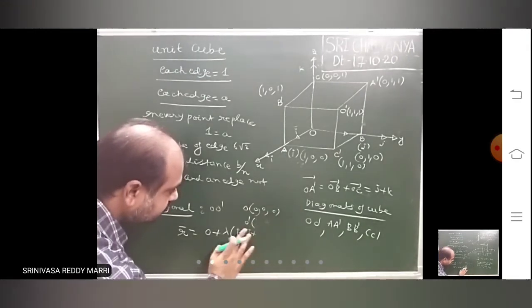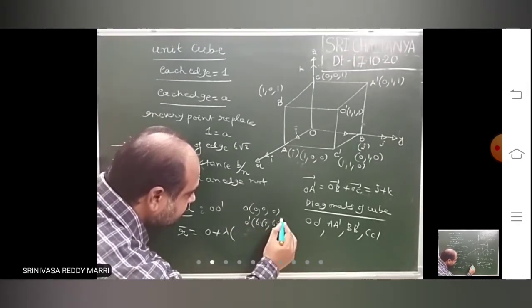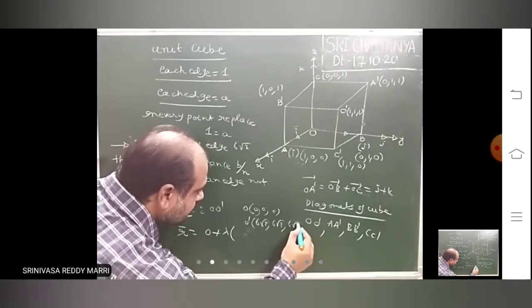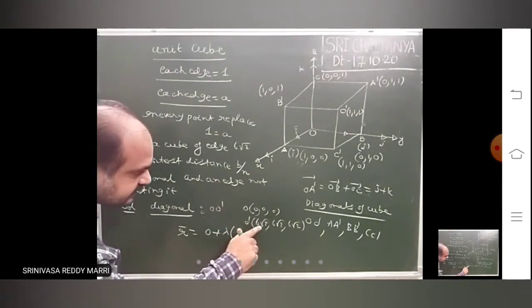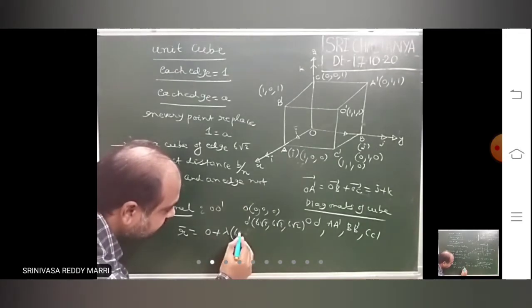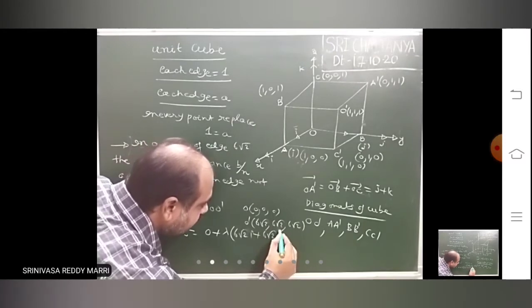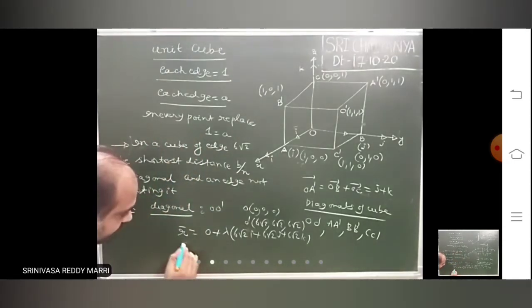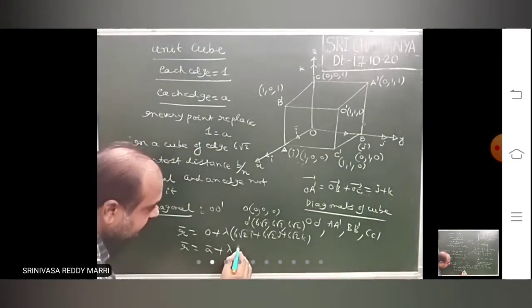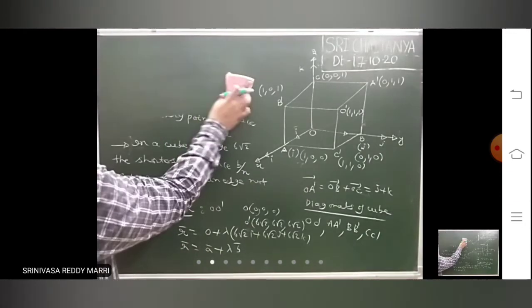Now look at 6 root 2. This point will be 6 root 2. So 6 root 2 lambda into, this is the B bar vector, this is the A bar vector. That means you will get 6 root 2 I plus 6 root 2 J. Write the line equation and compare with A bar plus lambda B bar. So A bar is 0, B bar is nothing but 6 root 2 I plus 6 root 2 J plus 6 root 2 K. So that is over.